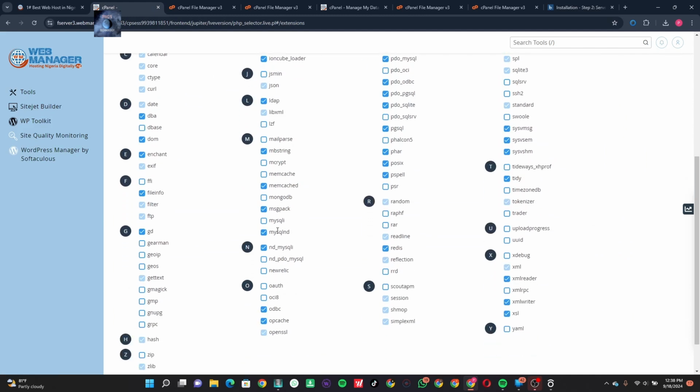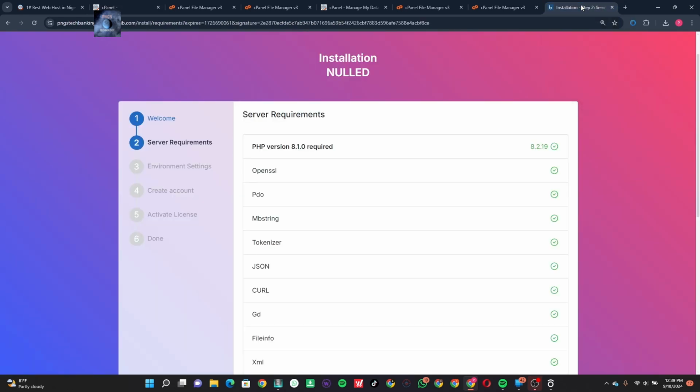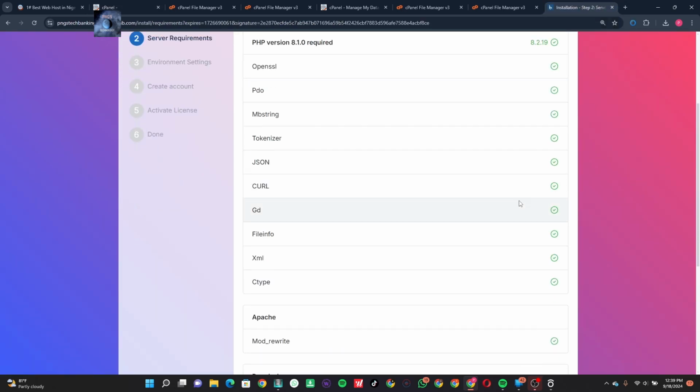XML, where is it? Let's start from, as you can see, XML, open, O for open. So OpenSSL, as you can see, they were already checked. So those things are what I'm showing you right here. Anyone that is missing, that showed red that this one is missing, you can come right here and look for those PHP extensions. So you come back right here and let's proceed